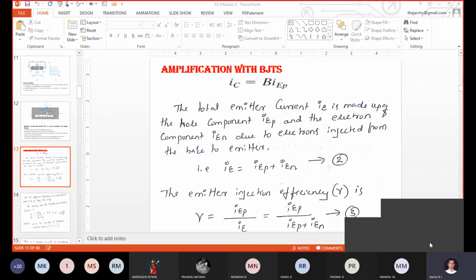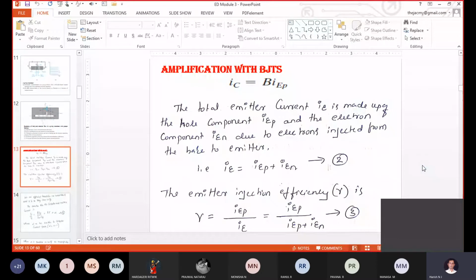Yes, correct. So if you have taken the inverting amplifier for the amplification purpose, what is the equation? It will be V naught equal to minus RF divided by R1 times of V in. If in case you have taken the non-inverting amplifier, V naught it will be equal to 1 plus RF by R1 times of V in. Correct. So here the gain for the inverting amplifier is minus RF by R1.